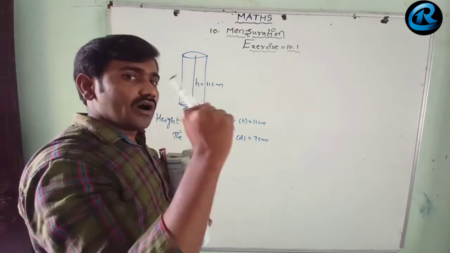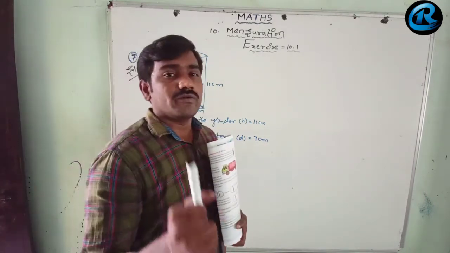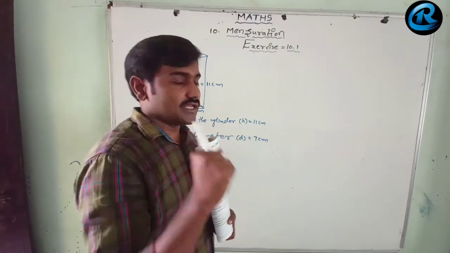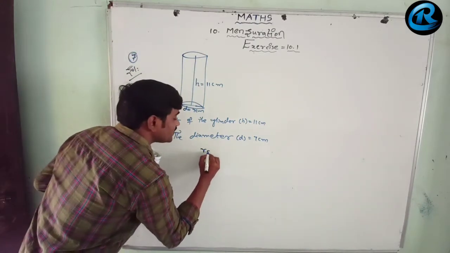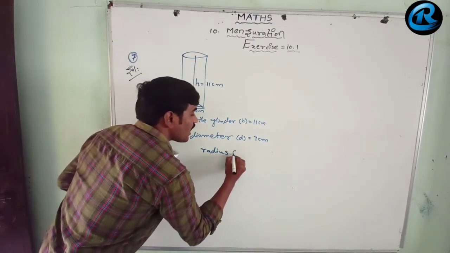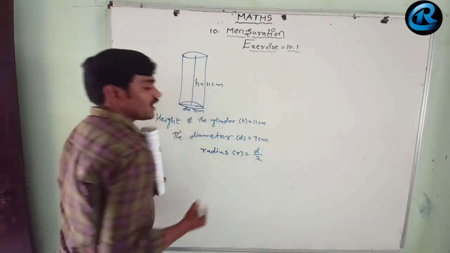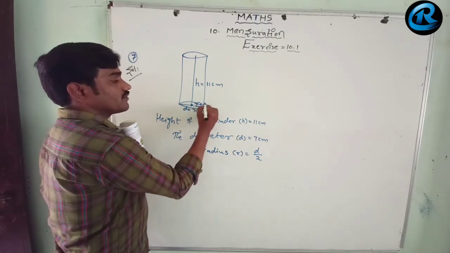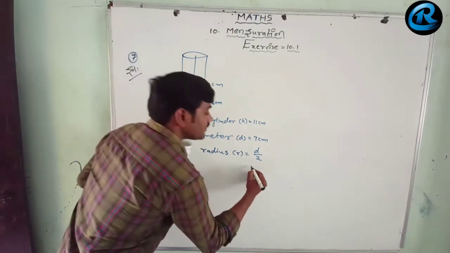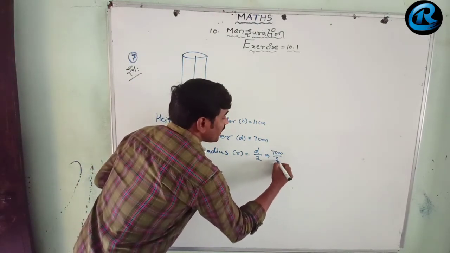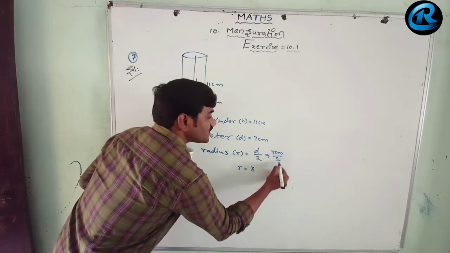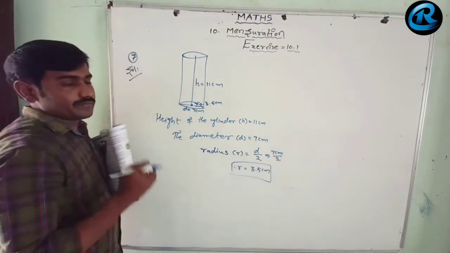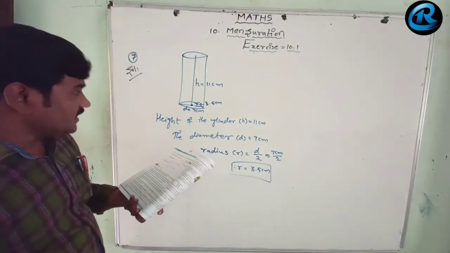You have gone through all the formulas of this mensuration chapter, but you have never faced any formula with a diameter. All the formulas are based on radius, so we have to find the radius. We know that the radius r is always half of the diameter. Diameter lo sagam untadi radius ante inte kada. So r equals half of 7 centimeter, that is 7 centimeter by 2. Hence the r value is 7 by 2, that is 3.5 centimeter. So that is the radius. Now we got the radius of the cylinder also.